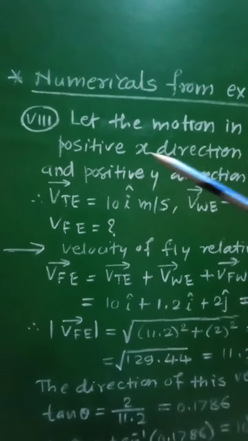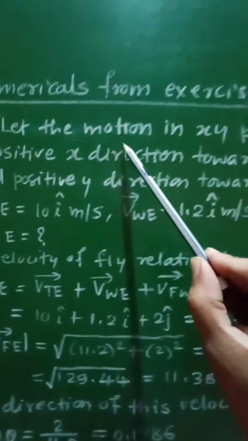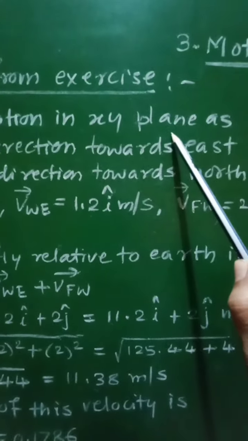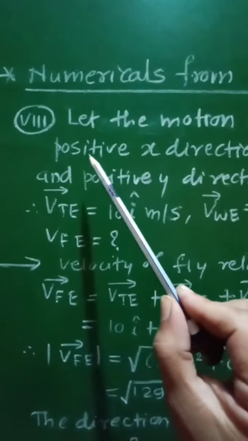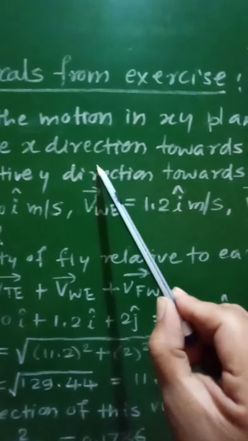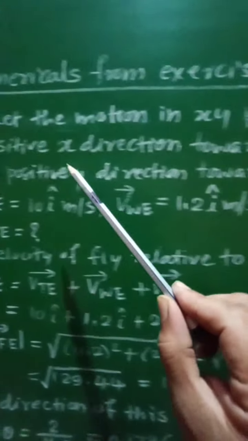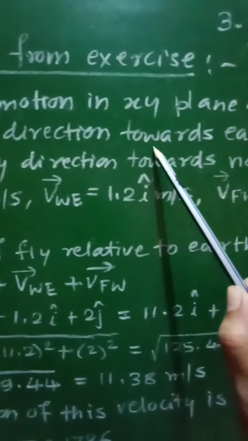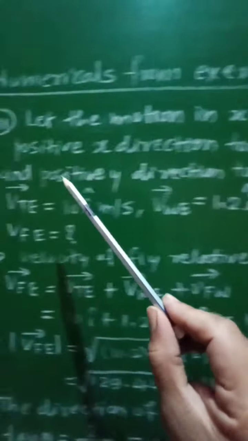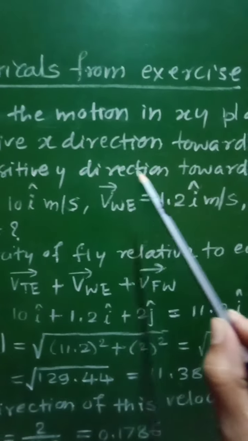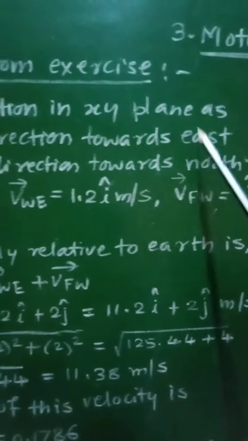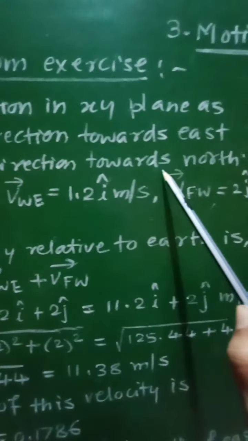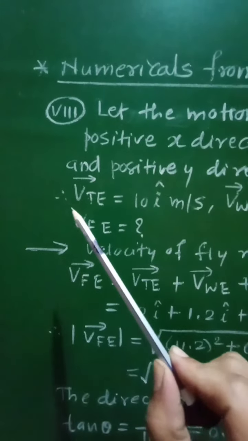So in order to solve this numerical, let the motion be in the xy plane. The motion takes place in the xy plane, with the positive x direction towards east and the positive y direction towards north. So positive x direction towards east and positive y direction towards north, and therefore the given velocities are: